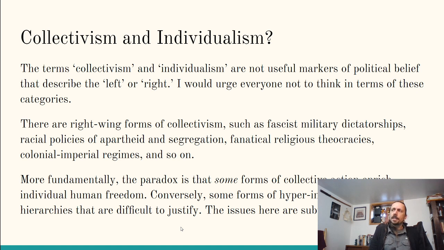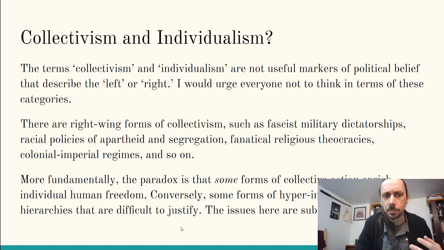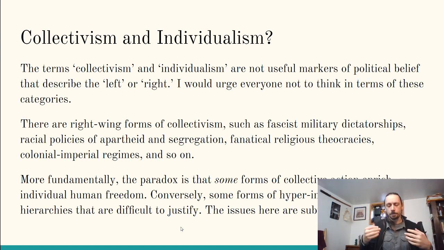One other thing I want to flag is this common idea that collectivism and individualism are abstract ideas that explain political divisions at a fundamental level. But when I'm talking about a far-right form of totalitarianism like Nazism and a far-left form of totalitarianism like Soviet communism, I really don't think it's useful to think of it in terms of collectivism and individualism,